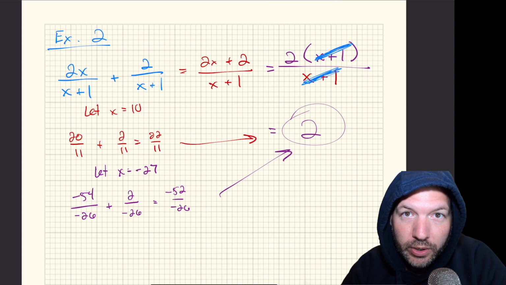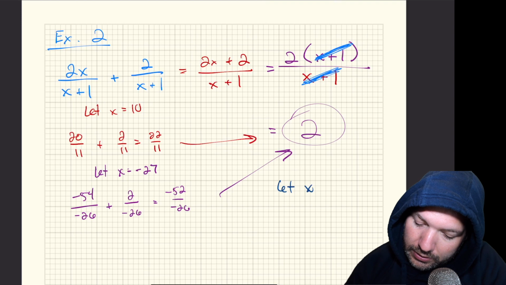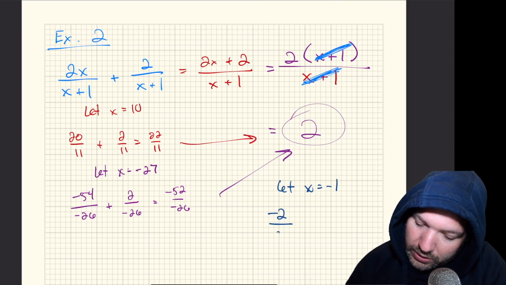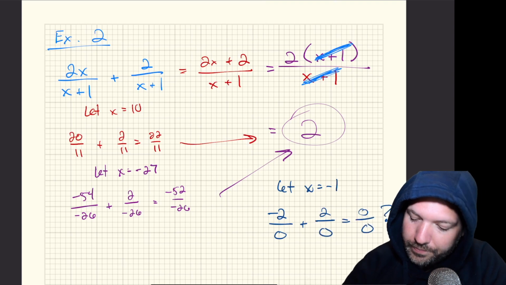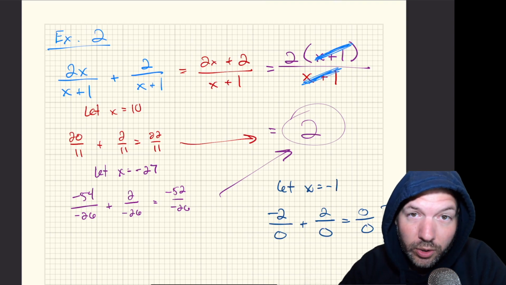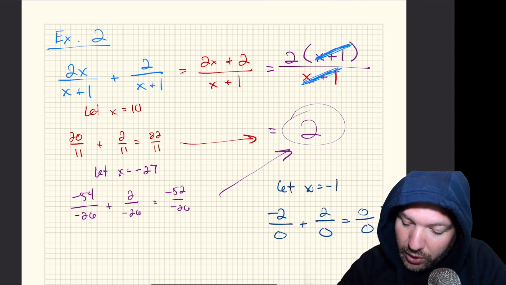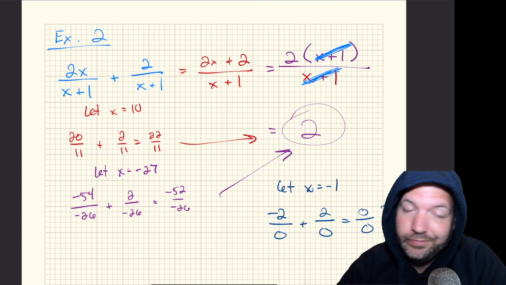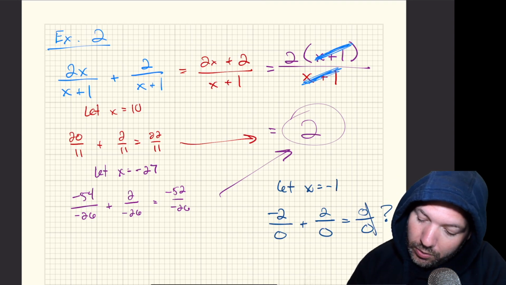Jeopardy music, anyone? Let x equal negative 1. What's the big deal, you say? Doesn't it just work out the same way? No. What on earth is going on here? We get negative 2 over 0, which has no meaning, plus 2 over 0. Is that 0 over 0? I don't even know. Either way, when I see those denominators of 0, that makes the expression